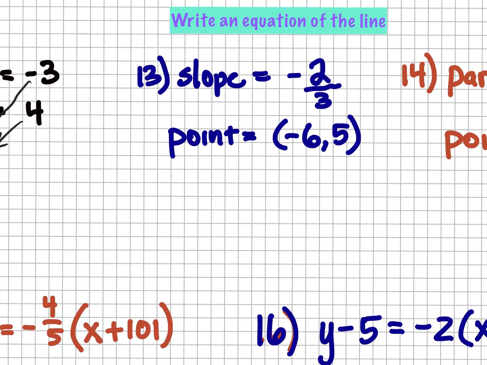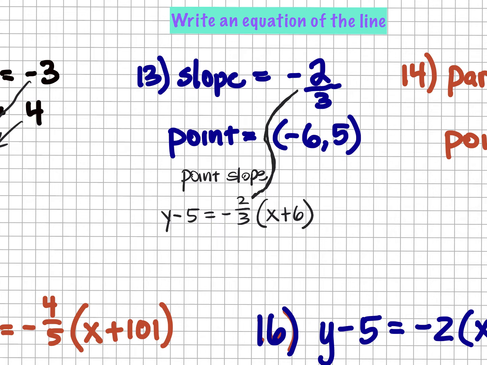All right, next one. I can use any equation I want. And this one was the point slope. So y minus 5 equals -2/3 x plus 6. So anytime, remember this one is the one we did recently. This is where the slope goes. In this form, if you know the slope and 1 point, you can make an equation like this. There's the slope, it goes right there. Remember how we talked about if I take away 6 from the